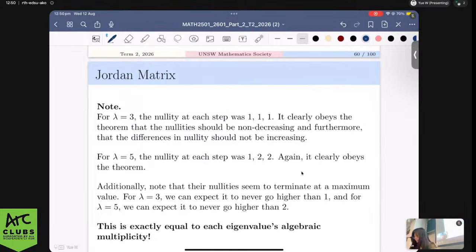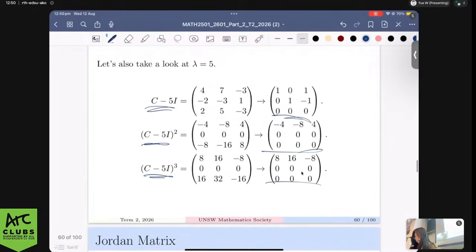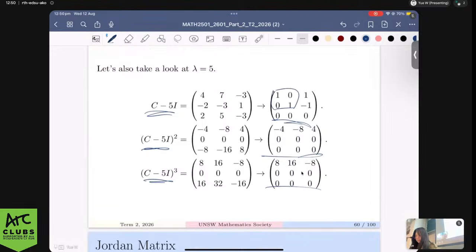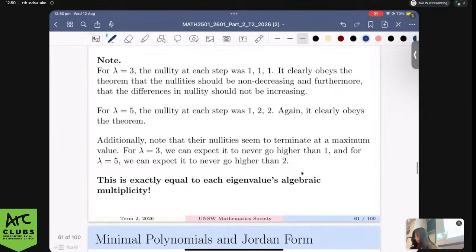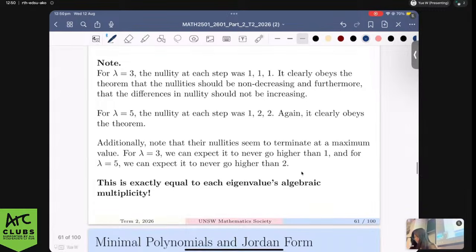Okay, now moving on to lambda is equal to 5. The nullity at each step was 1, 2, 2. So yeah, that makes sense because the rank of this is 2, so nullity is just 1, right? And then here the rank is 1, so nullity is 2. Here the rank is 1, nullity is 2 as well, so it's just 1, 2, 2. Again, it clearly obeys the theorem, right? Because the difference between 1 and 2 is just 1, 2 and 2 is 0. So it's not